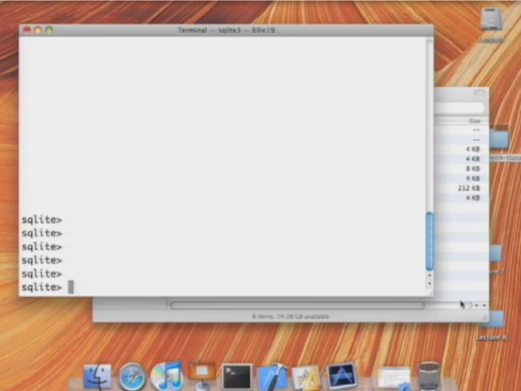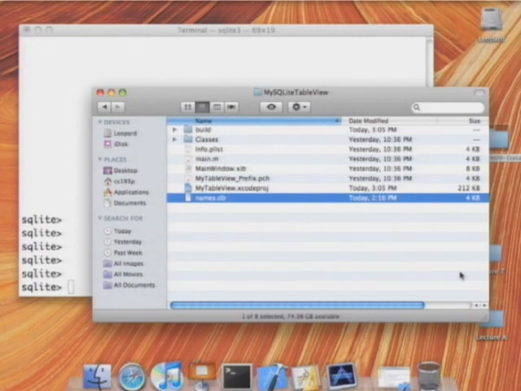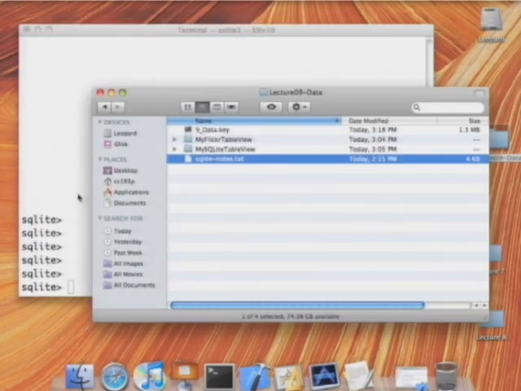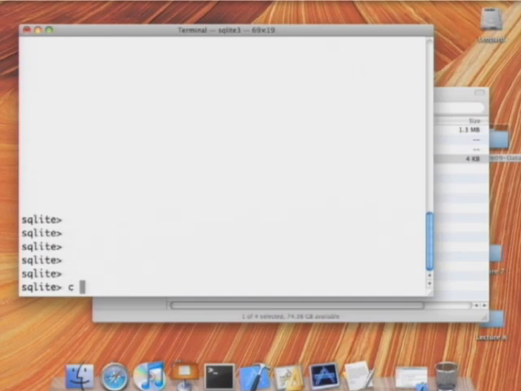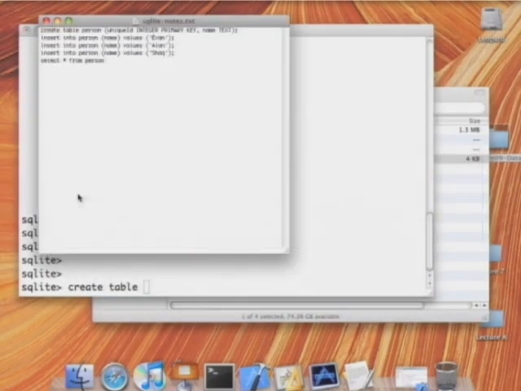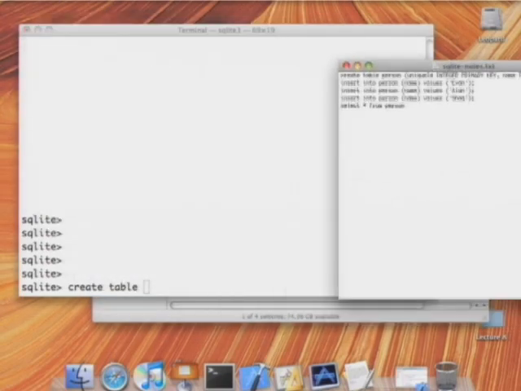Okay, so here I am in SQLite. I'm in a new database file. This database doesn't have any tables. It doesn't really have anything defined about it. Let's look at my cheat sheet here. So the first thing I'm going to do is create a database table. So let's type, good old standard SQL, create table